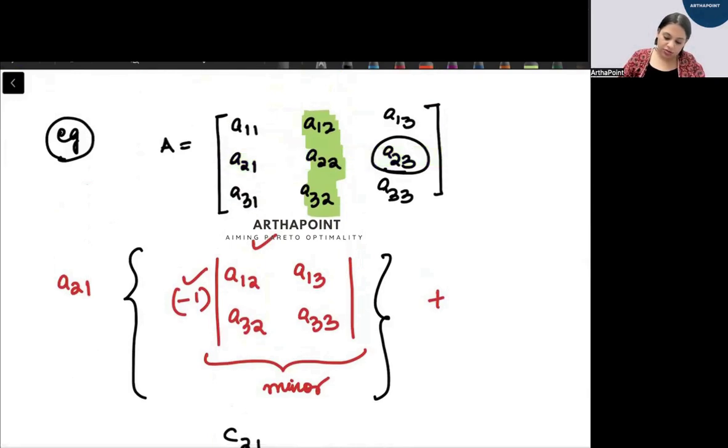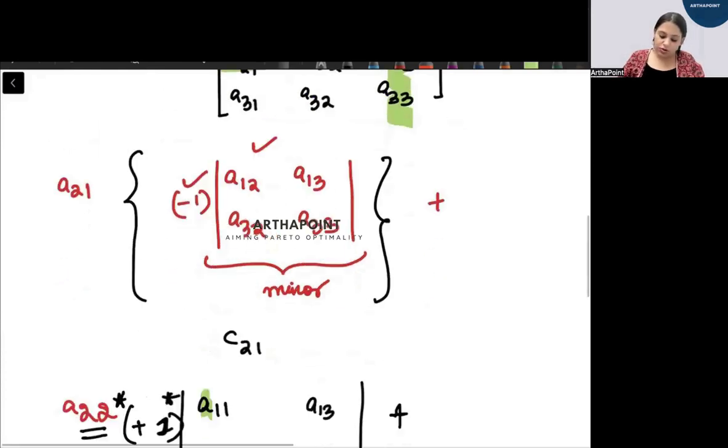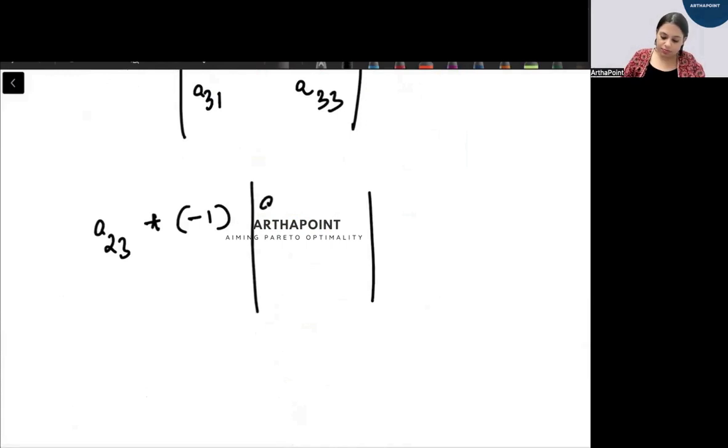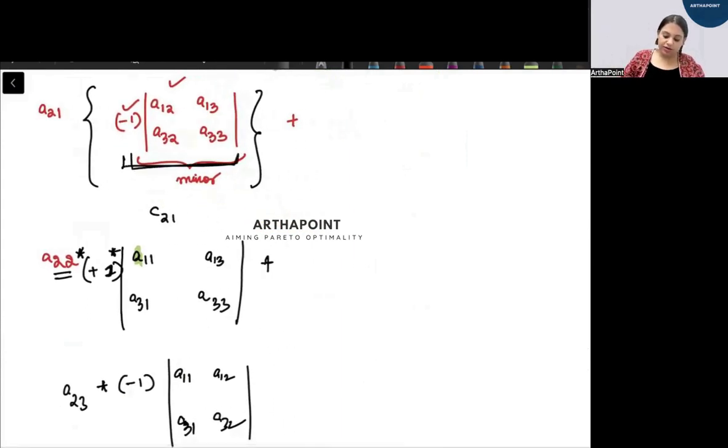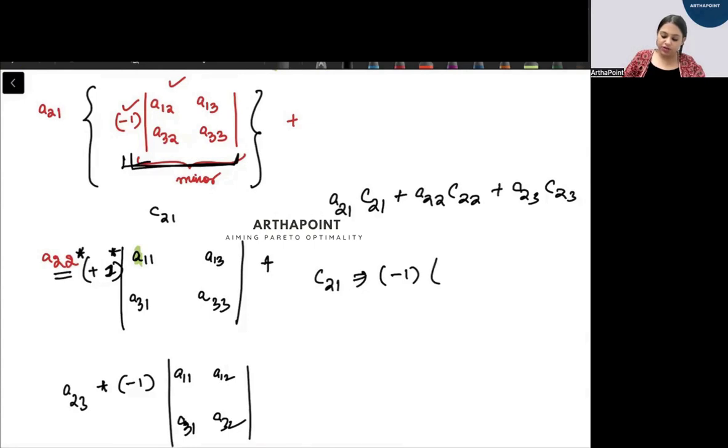so A23, that means second row and third column gone. So A11, A12, A31, A32. ठीक है जी, is it making some sense to all of you? कुछ समझ में आ रहा है आपको? So we have expanded along this, तो इस चीज को हमने cofactor बोल दिया A21 का. So A21 cofactor A21, A22 cofactor A22, A23 cofactor A23, जहां पे cofactor A21 is nothing but -1 into determinant of this thing, which means A12 A33